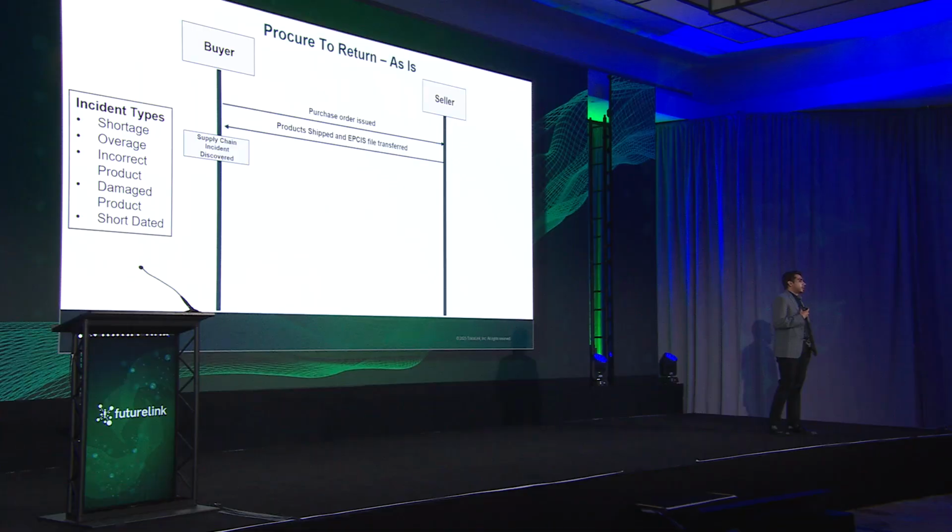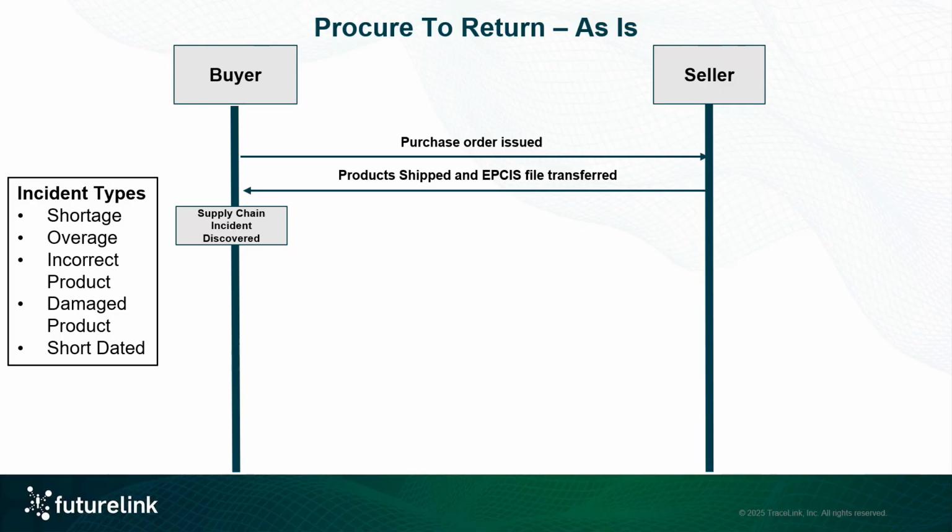The way we've observed our customers typically processing returns is having dedicated staff members, first of all, to identify at receiving, from the EPCIS file and from the products being physically examined, which ones fall under the incident. Let's assume an overage has occurred. Which are the serial numbers that need to be returned, which is typically a manual process. If you have X number of lots in a shipment, how do you physically come to the conclusion which products are the overage? Which serial numbers are the ones that you need to take to the side, quarantine, go through your due diligence, and identify that they're required for return? So